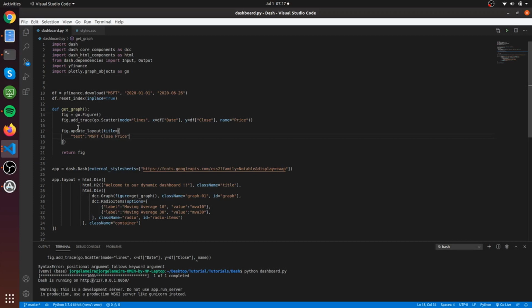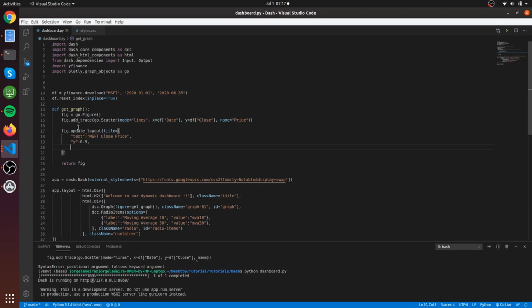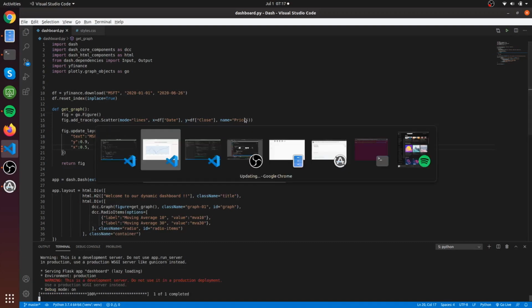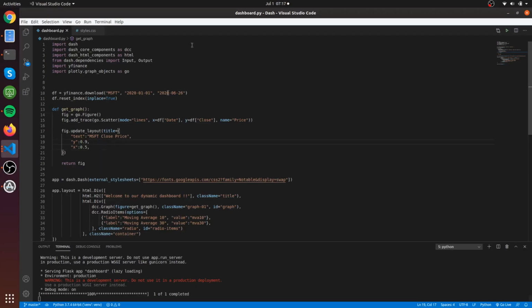Okay, and this is enough to have the text, but we want to give it a nice position. So let's say that our y will be 0.9 and our x will be 0.5. You can play with the values, of course, but let's skip it as it is. So let's run it again and yeah, see it. So now we have a nice title saying Microsoft close price, and that's it for the